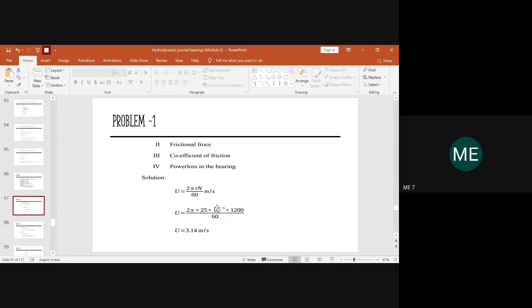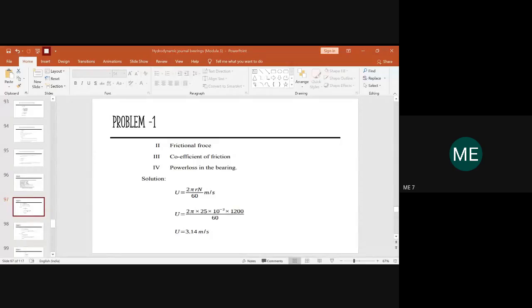So you have to calculate and let me know the value, whether it is mentioned here right or wrong. Kindly do the calculation part and let me know the answer quickly. Substitute the values, write the equation for the velocity with which the journal is revolving, and find out the value of U. Let me know how much you get. Let me see who will tell me first. Please substitute and let me know the answer.